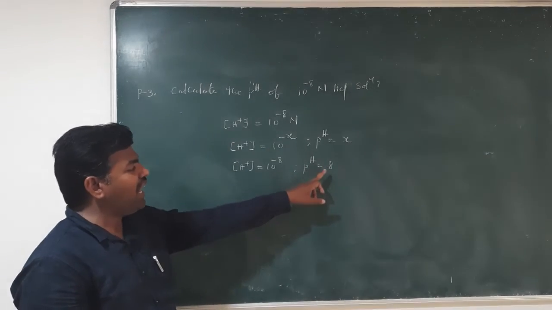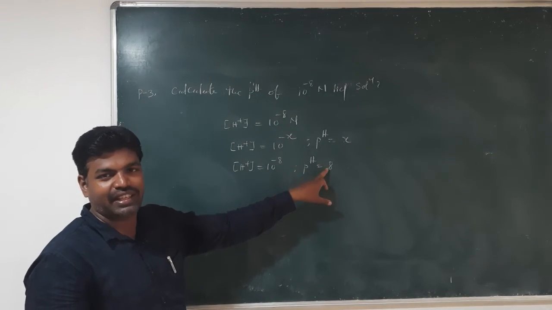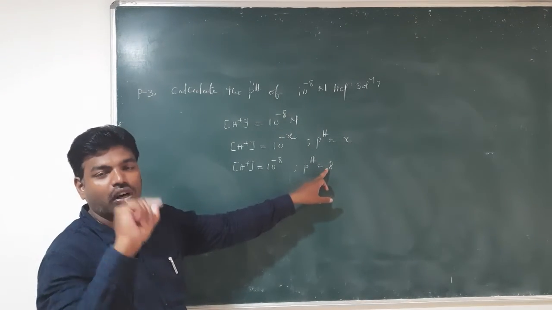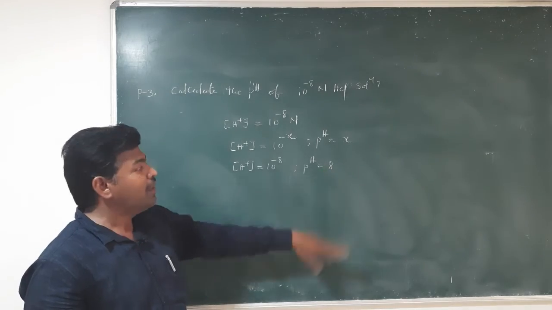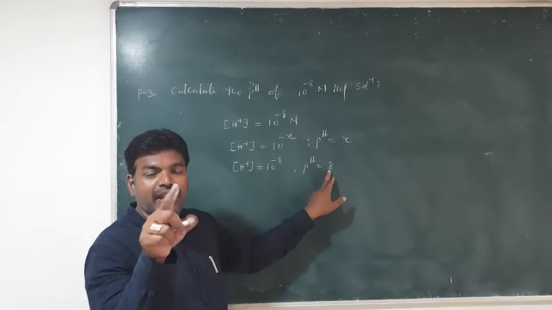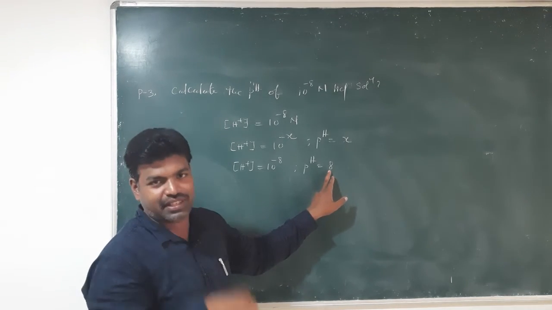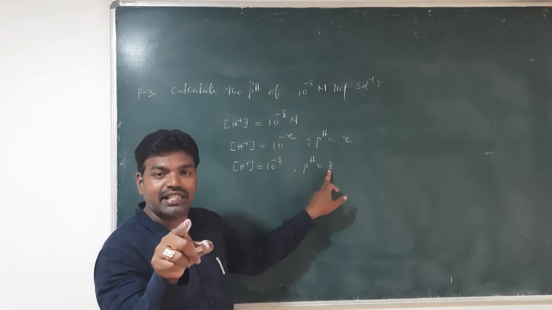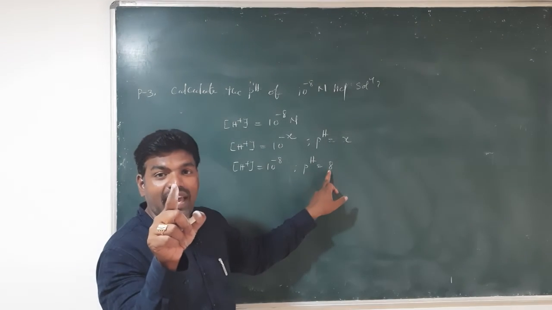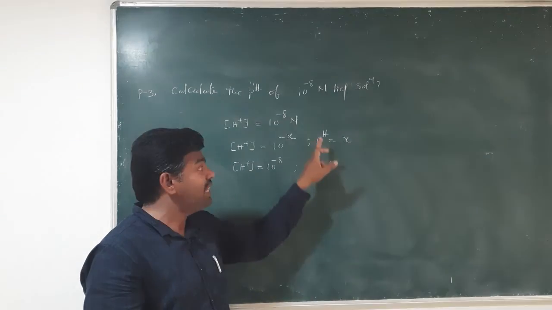But this is wrong. Why? Because when the pH value exceeds 7, that indicates a base. For acids, the pH value should be less than 7, but here